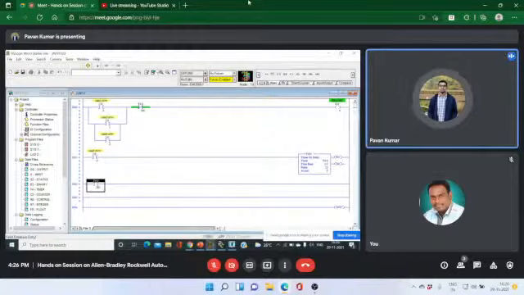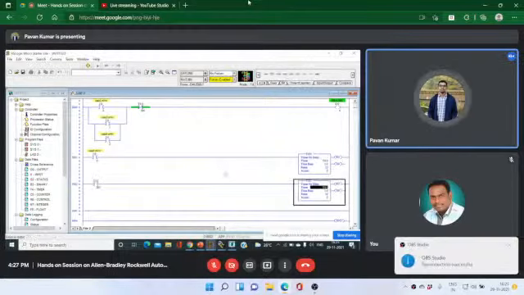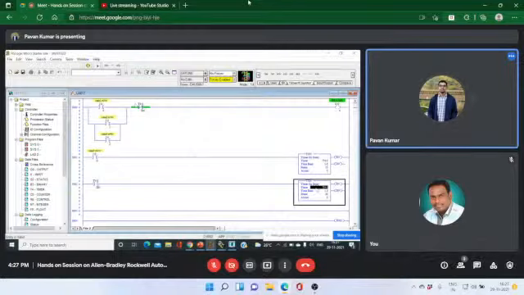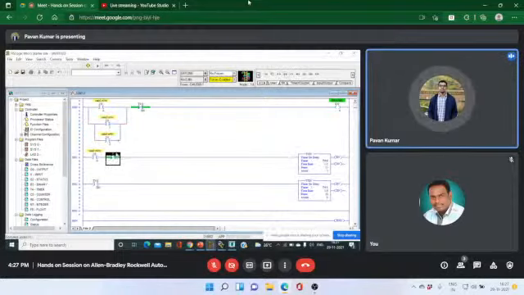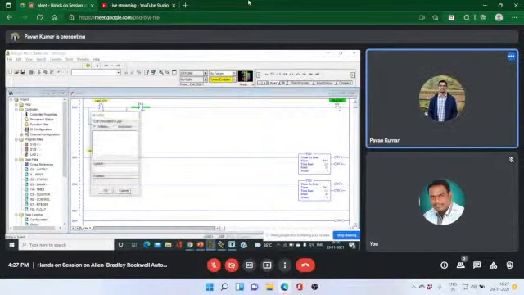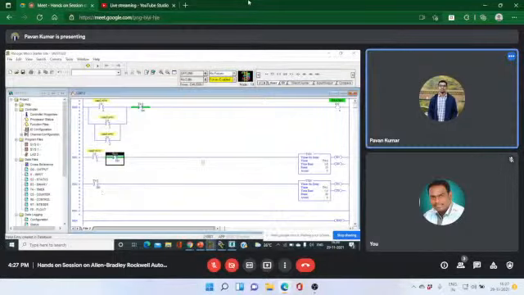I have to give another timer, which is for this first case, and in that 20 seconds it remains on. So I am placing an NC here. Here I have to give the address of T4:1 done bit.